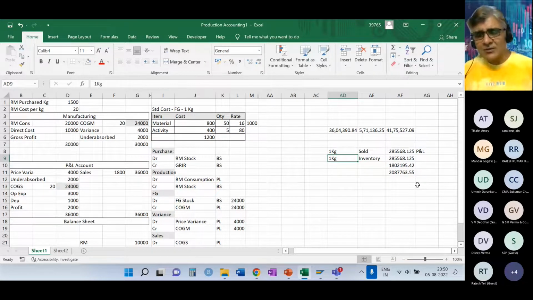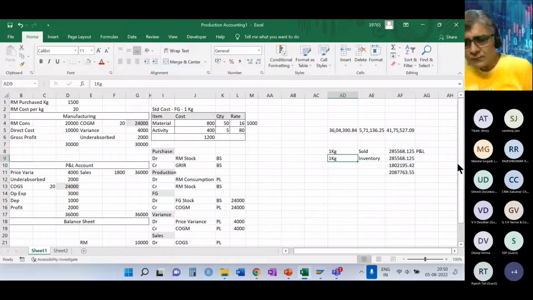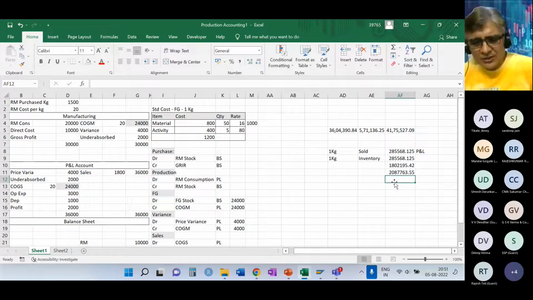But there are times when companies only do the analysis part. They don't do even the accounting entries. So they are not going to the MAP level. Yeah, correct. Once you implement the actual costing, then there is no MAP. Everything is on standard.